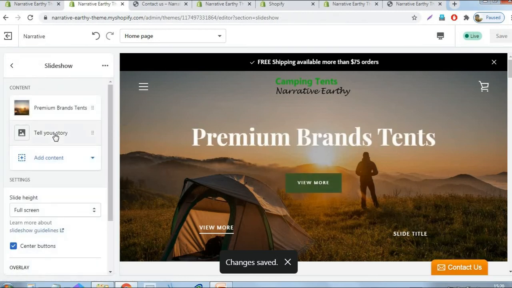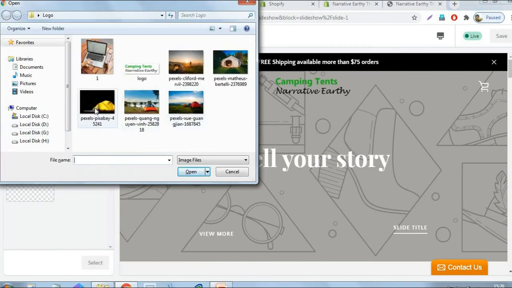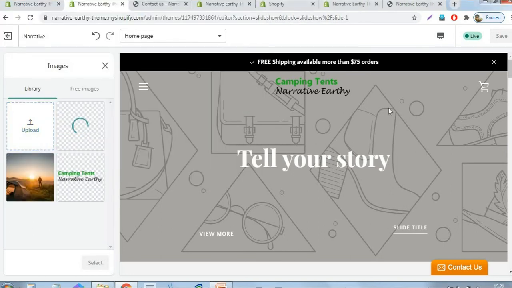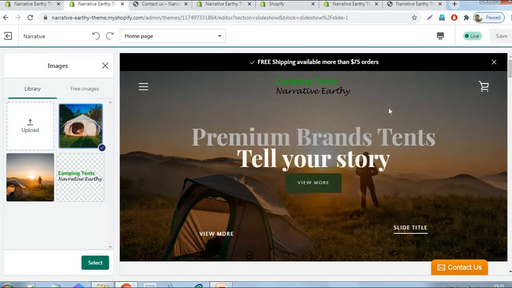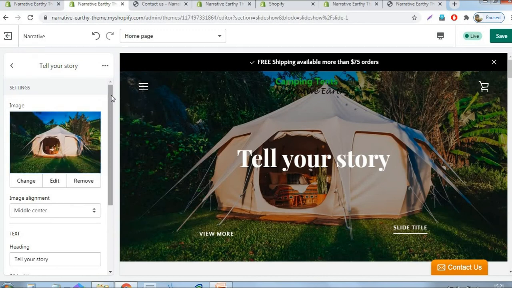The next one, the second slider. I'm using the image we recently collected from Pexels. Click the save button.